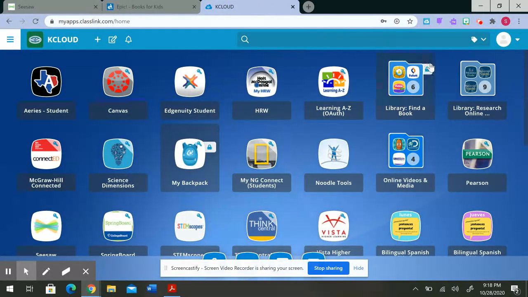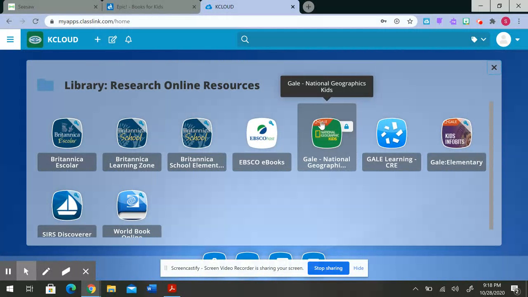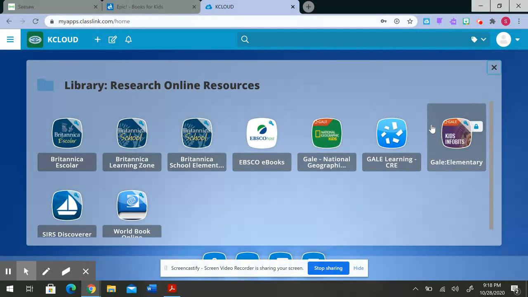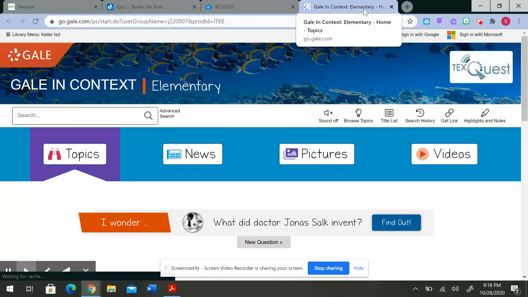Over here in the top right-hand side, you have this button that's labeled Library Research Online. You can click here, and then I specifically want you to look at this National Geographic button and this Gale Elementary button. These are two different educational research websites that you can use to research for specific information.